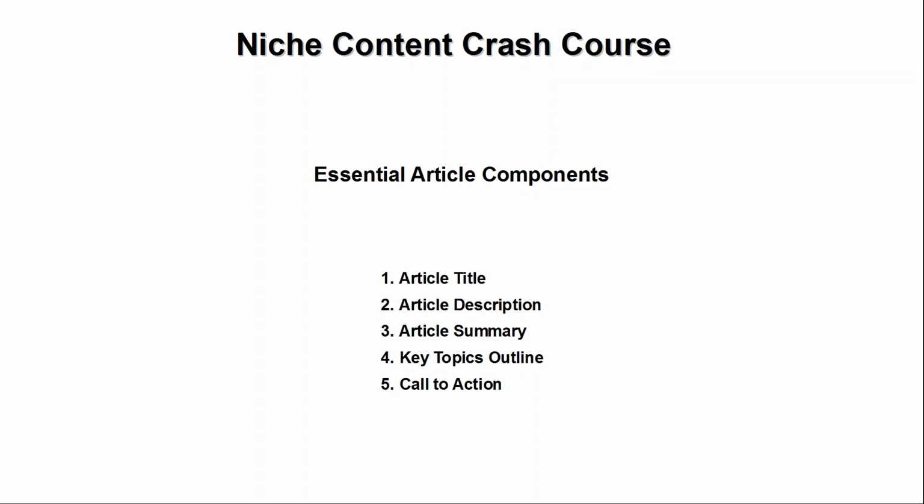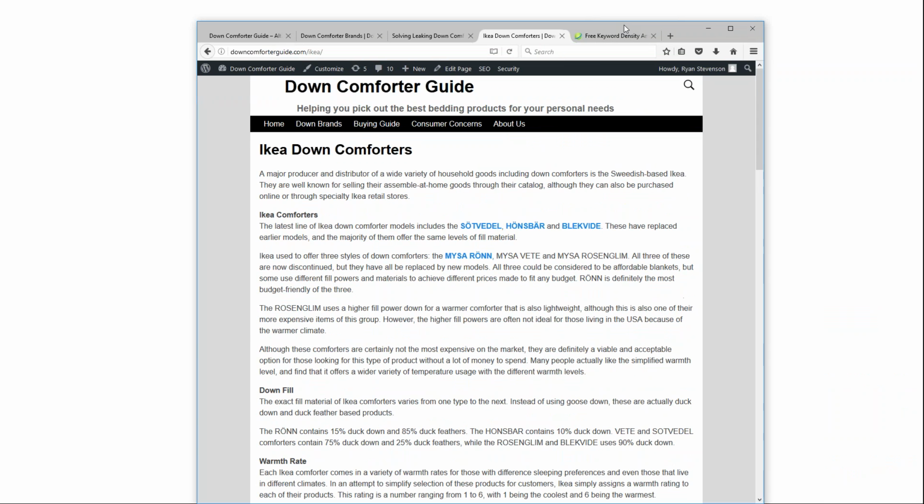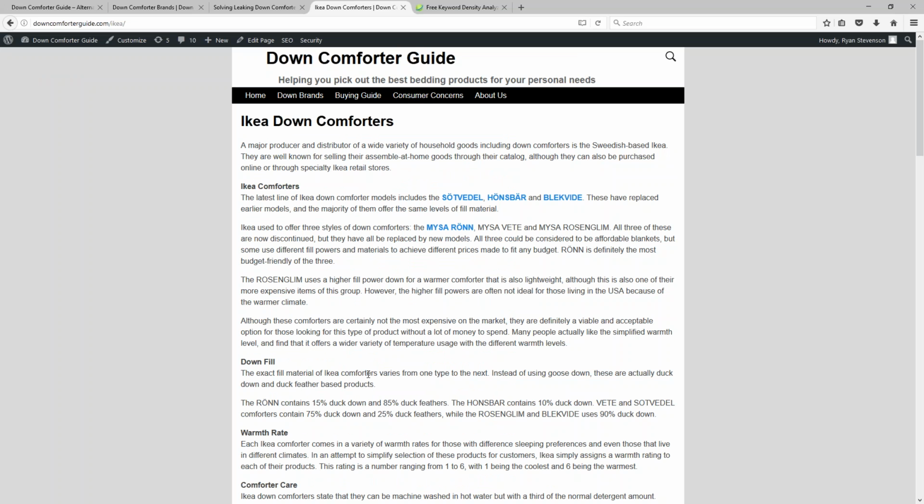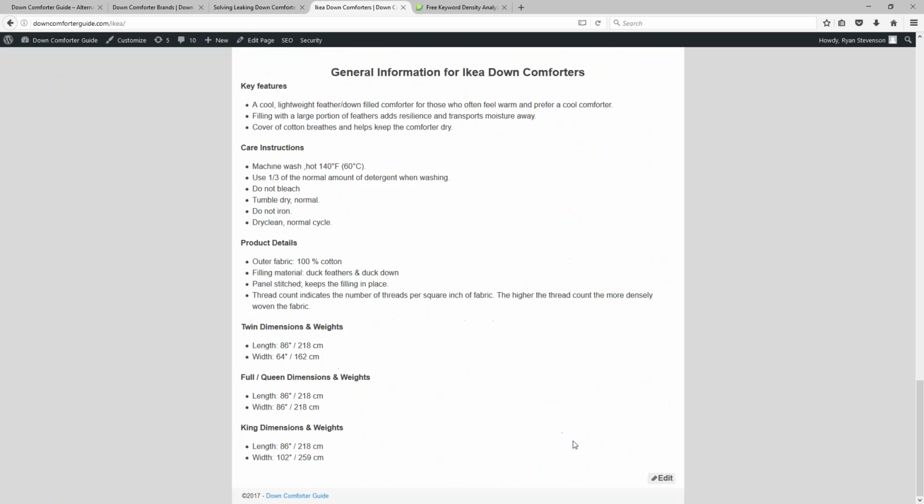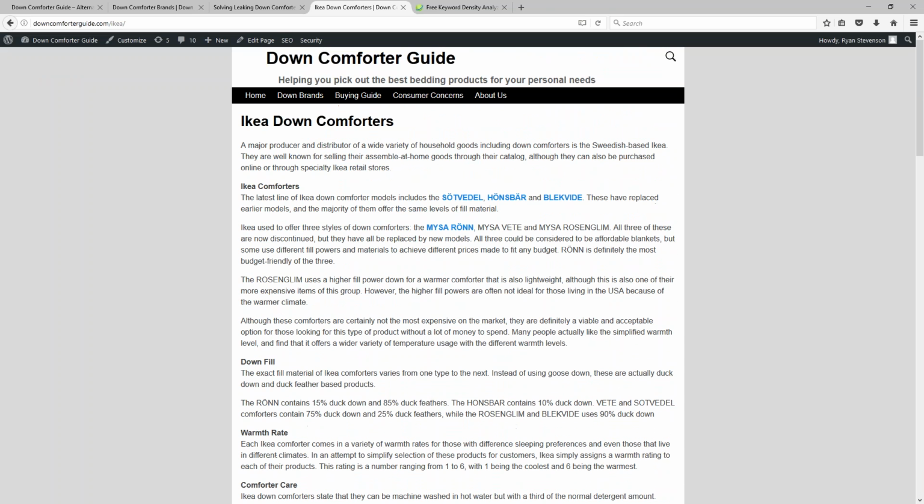Now the next thing, the article description. This description is not something that the public is really able to see. For example, on my IKEA page here, my description is nowhere to be found on this particular page. You look through the whole page, you will not find my description anywhere.